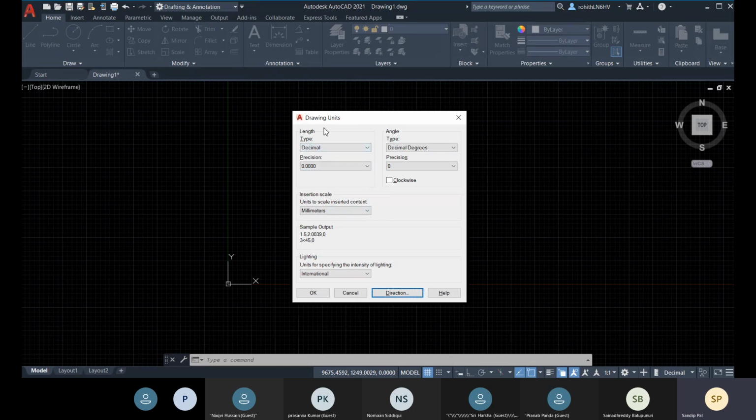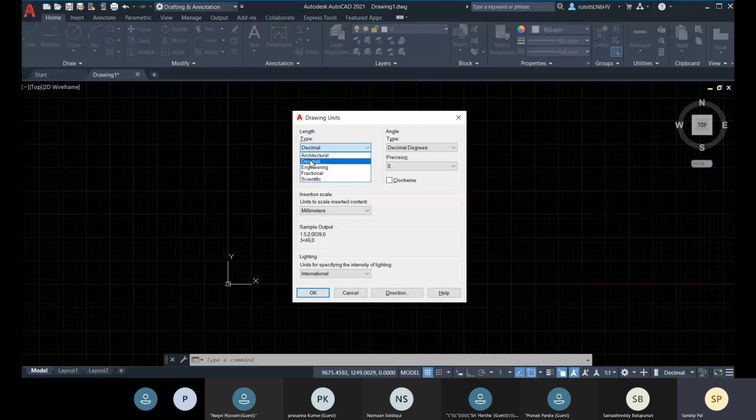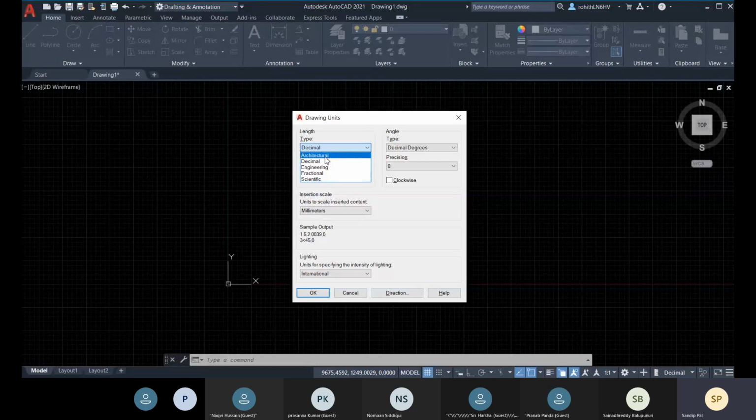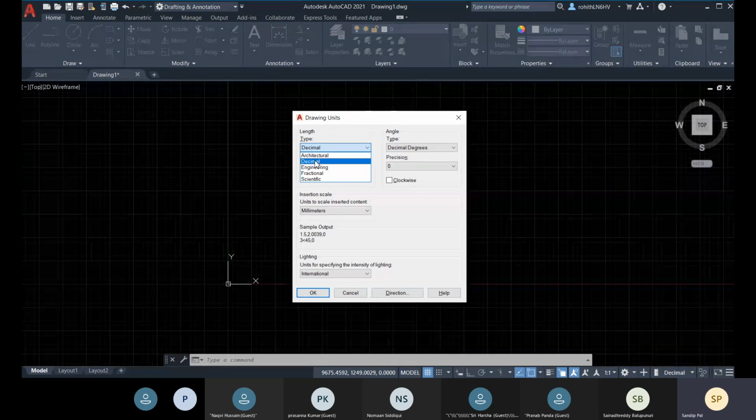Here you see that the length type is decimal. So what will be the display format? That is your setting, decimal or architectural or engineering. If you go for decimal, it will be applicable for meter, decimeter, centimeter, this kind of units.